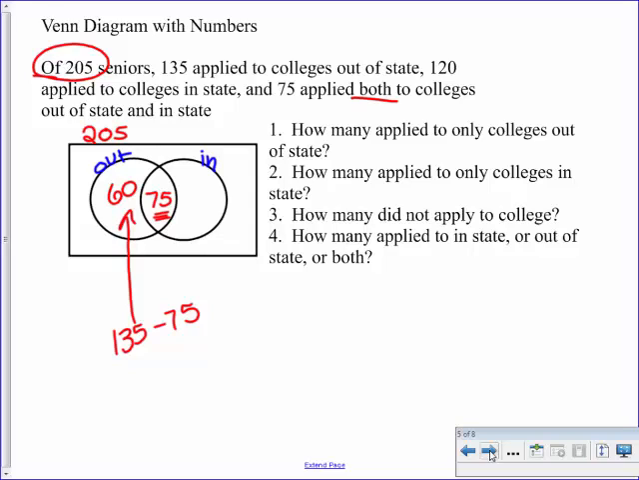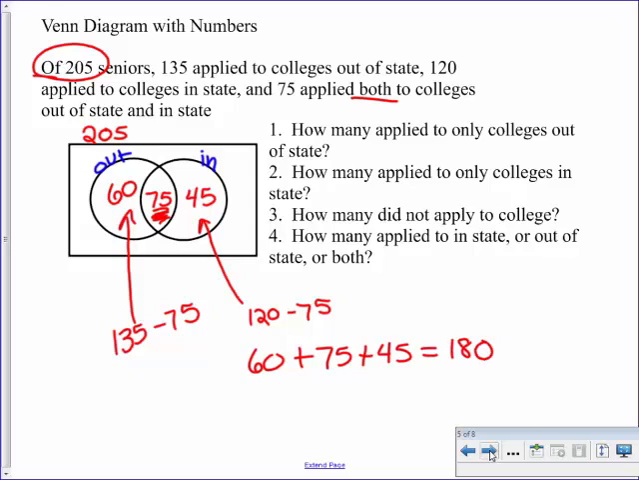In state, they said 120 applied, but again, that's 75 still represented already. So we're going to do 120 minus 75, and that's going to give us 45 seniors that applied only to in-state colleges. Now, does this represent 205? Add those up real quick. 60 plus 75 plus 45. We should come up with